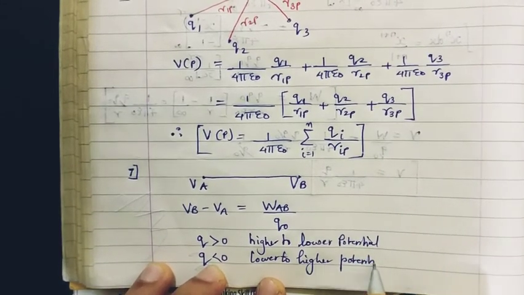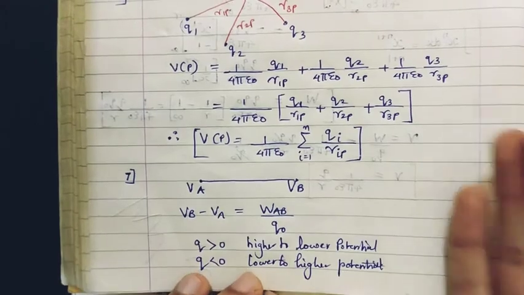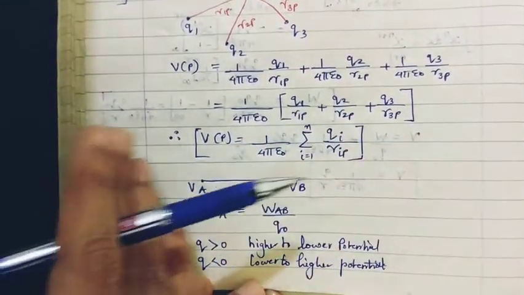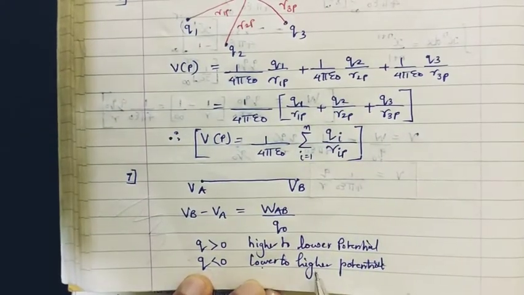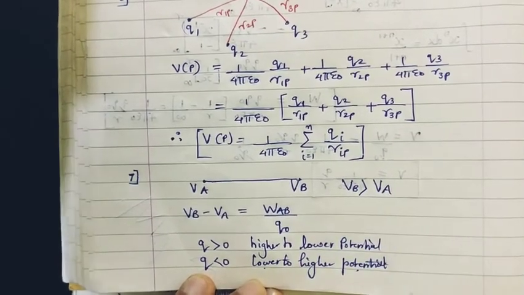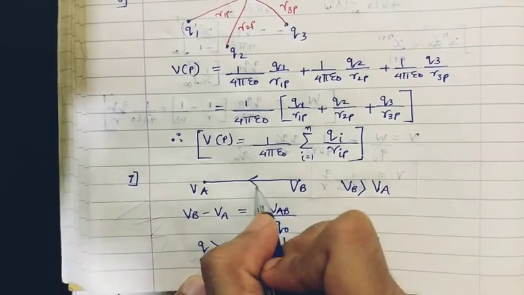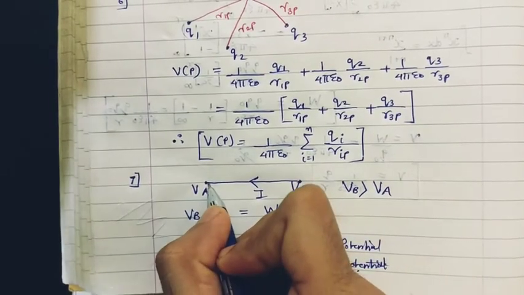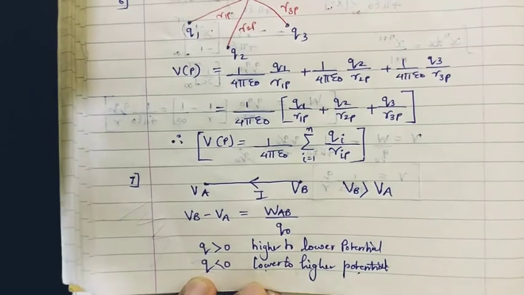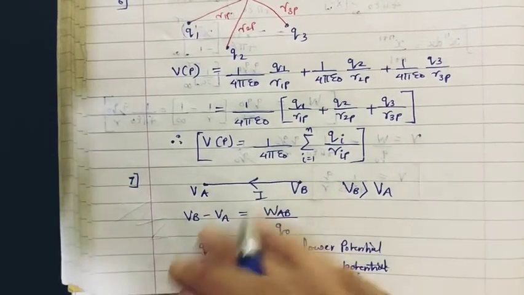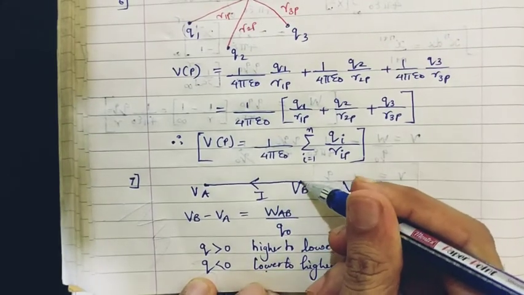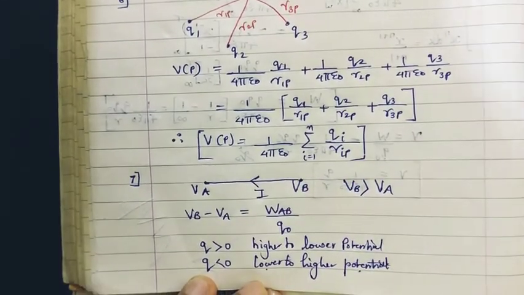So can you tell me the conventional direction of current, how the current will flow? The current direction is always taken reverse to the direction of the electron. So the electron always goes from lower to higher potential. Supposing I say VB is greater than VA over here, how will the current flow? Current will always flow from higher potential to lower potential, because current direction is taken as the direction of the positive charge, opposite to the electron. We'll see this again in the next chapter, but current direction will always be taken from a higher potential to a lower potential.